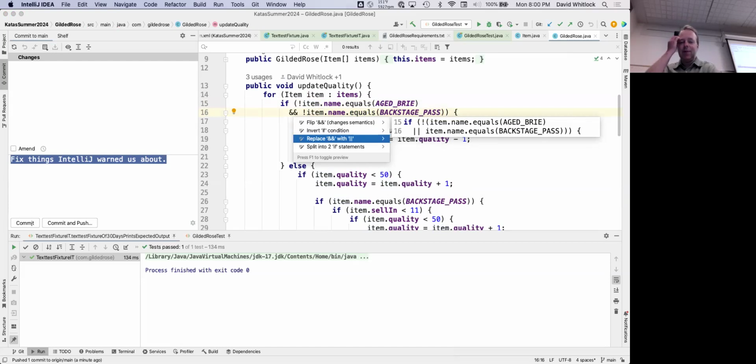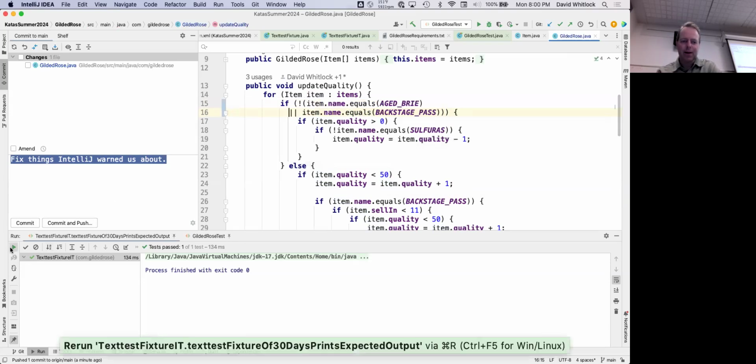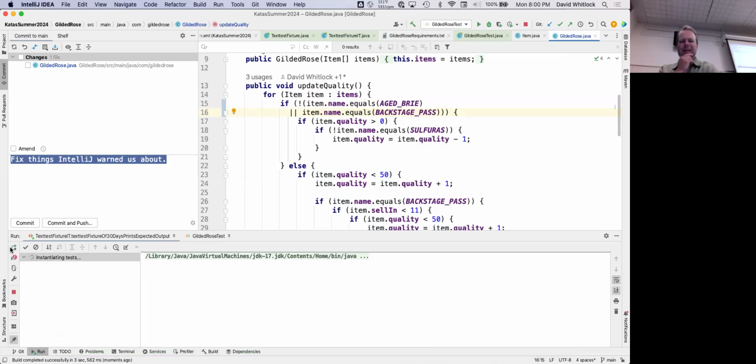So it'll do that conversion for you. It'll say replace and with or, and I think it'll get it right. You can test to find out. Yeah, I don't know. Does that make it easier to read? I have to admit that logic seems just as confusing. If it's not that or that, yeah, I don't know. The whole thing is confusing.